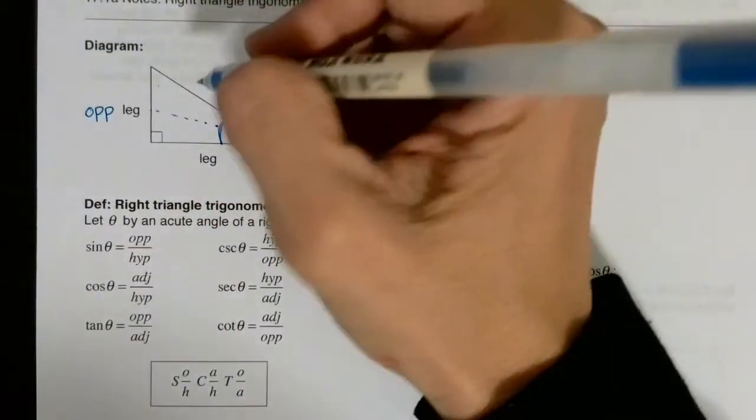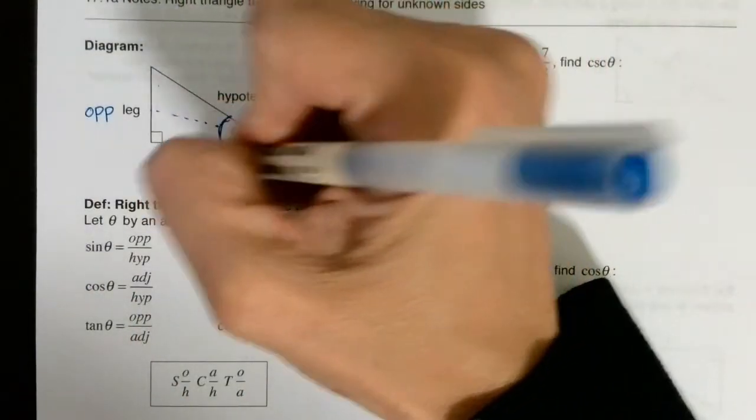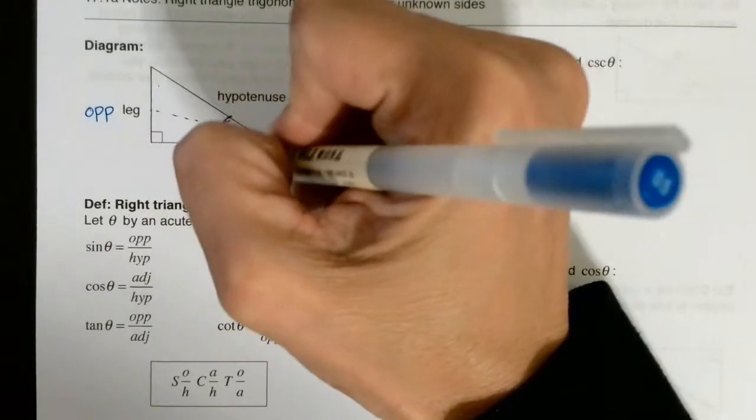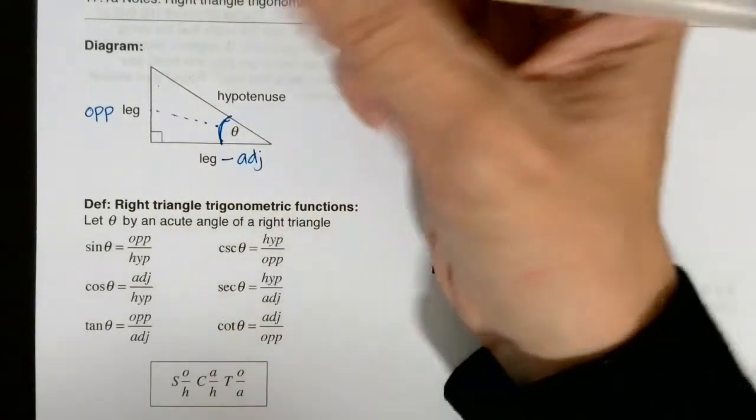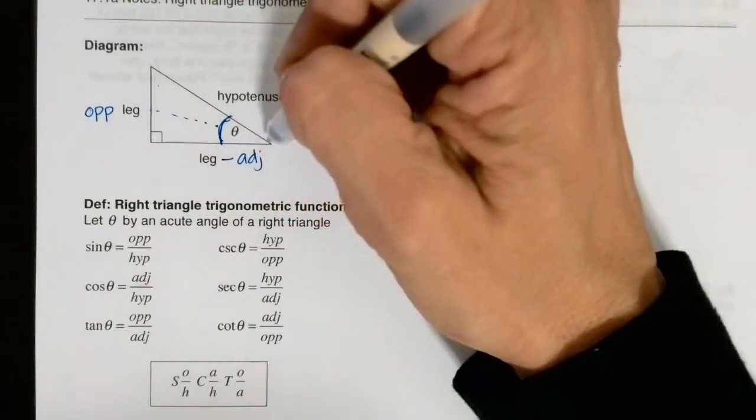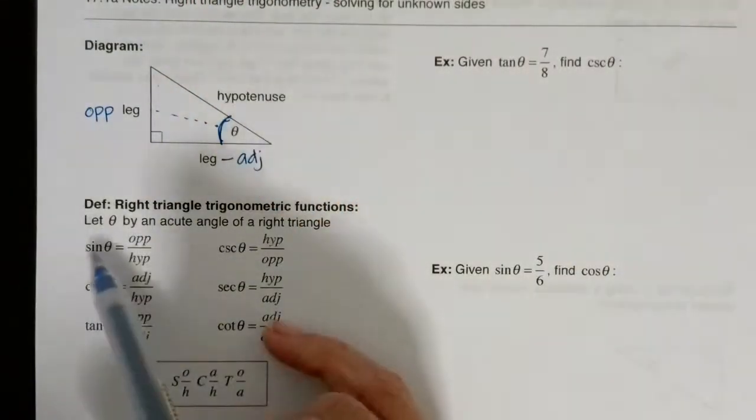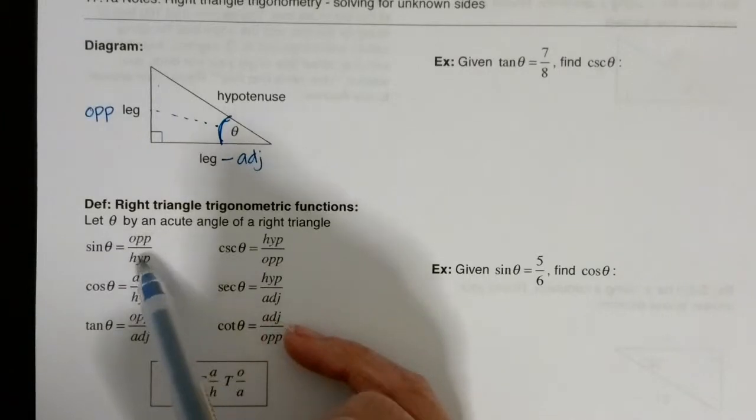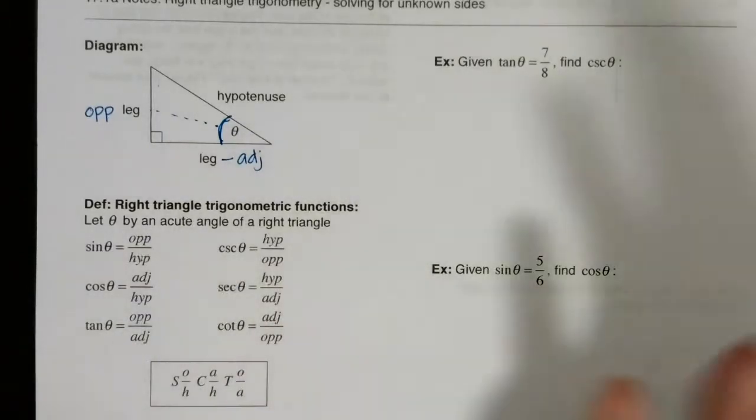And then this right here, this side is the side adjacent. So it touches the adjacent side. It does not touch the opposite side. And then again, the longest side is the hypotenuse. So when you want to find the sine of an angle, it's opposite over hypotenuse. So like Chief SOHCAHTOA,